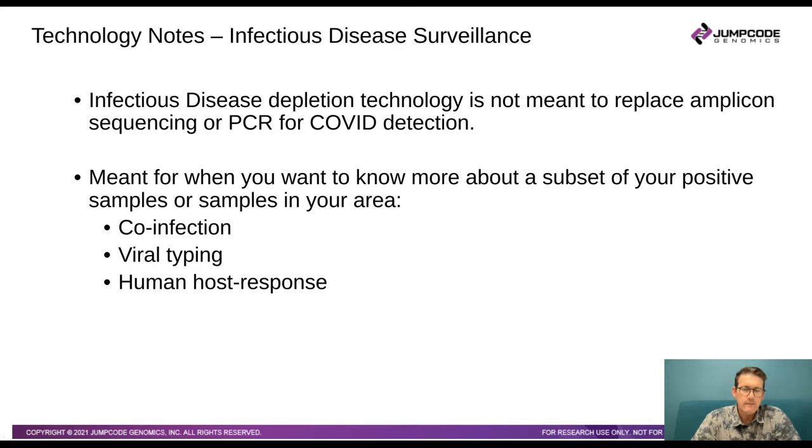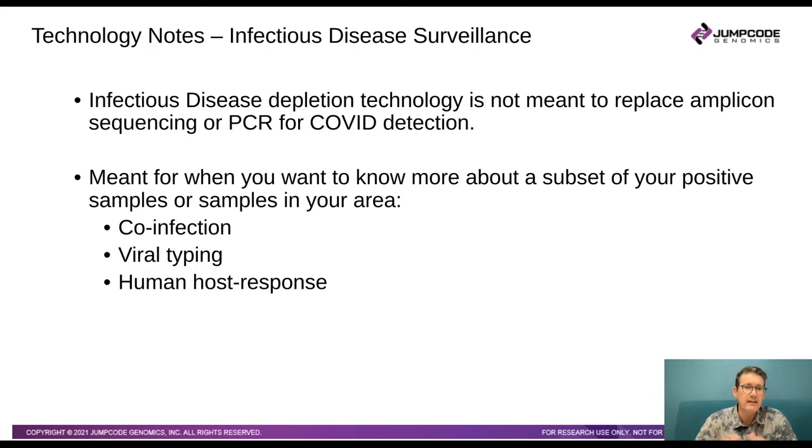When we think about infectious disease surveillance, and certainly the data that I'm going to show you here and the methods that we're employing to generate this data, we don't think about infectious disease depletion technology as a replacement to amplicon sequencing or qPCR for simply COVID detection. Our technology is really meant for when you want to know more or take a deep dive into a subset of positive samples, maybe even higher CT value positive samples,